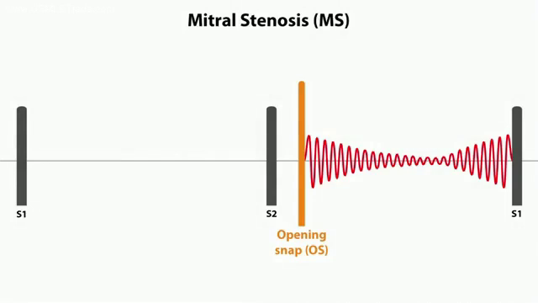And then when it does open, it's stenotic, it's narrowed, and it has a snap when it opens. So think of it almost like the leaflets are sort of stuck together. And in order to open, it's going to sort of snap open. Even if you don't quite notice that subtle distinction, the other key feature that's going to help you tell mitral